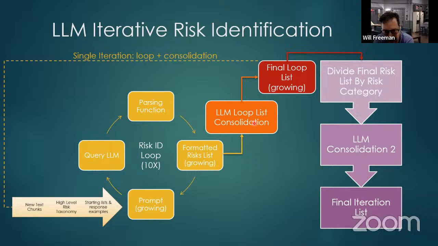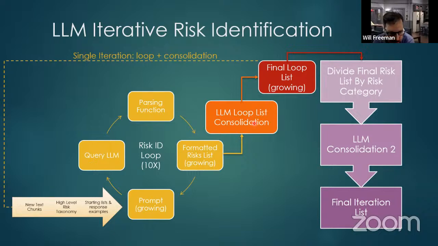And it would have this big list of risks, hopefully formatted in the correct way. But then it would have a function to format them. This was also, I would ask a smarter LLM, usually GPT-4, to format them properly and merge anything that was similar, right? So you'll see later on, if it was calling the same risk two different things,